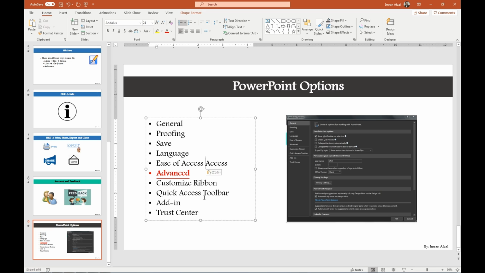Let's do Control V. And you notice ease of access, before access is giving you this space, and after access is giving you this space. So automatically your Microsoft PowerPoint adjusts that word and gives spaces from left and right. Isn't that cool? Yes, it is. I like that. All right, let's go back in